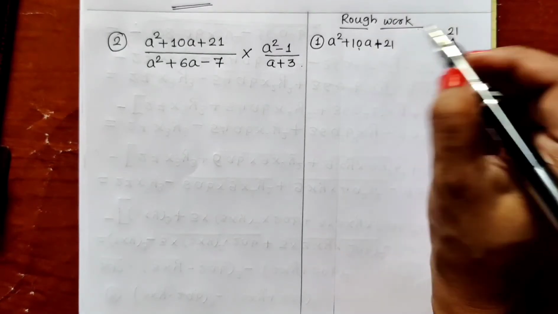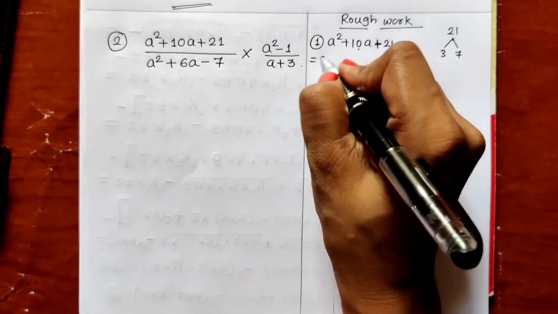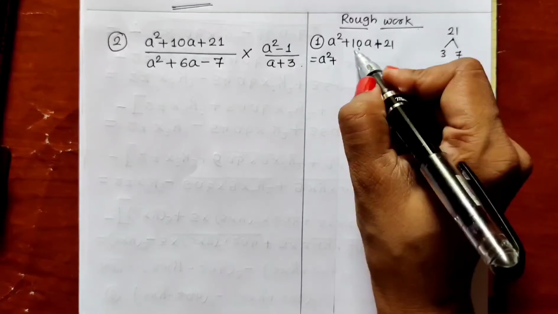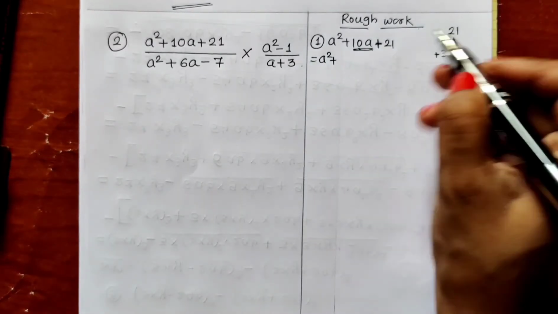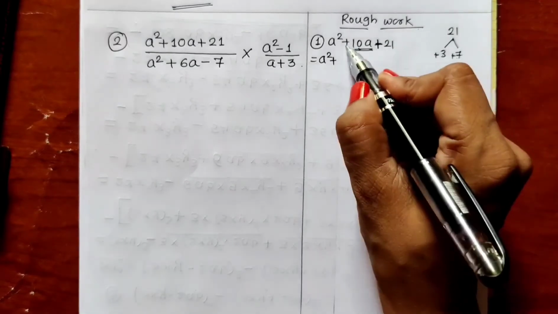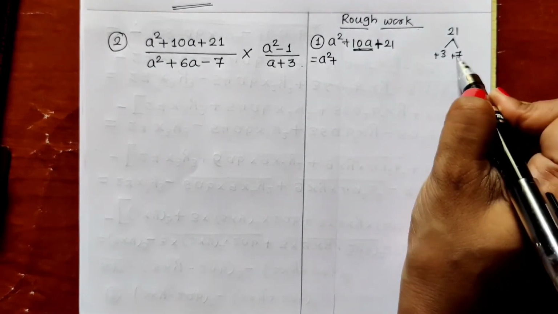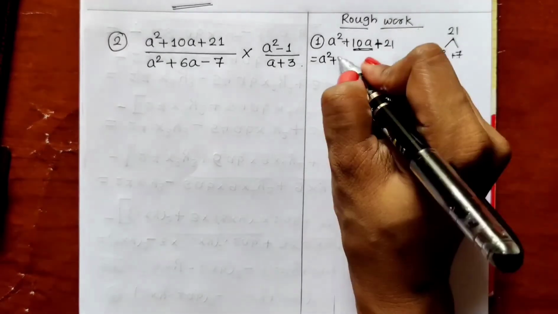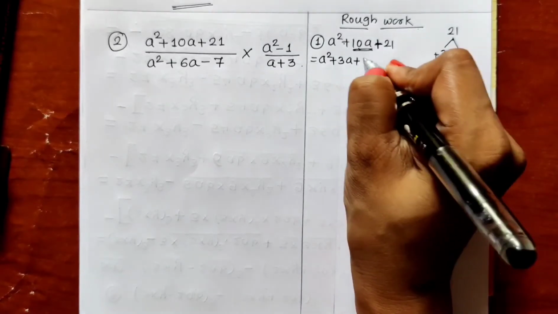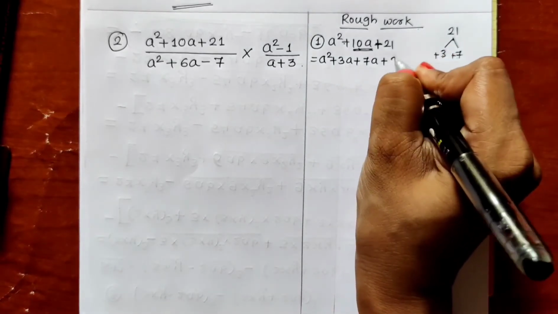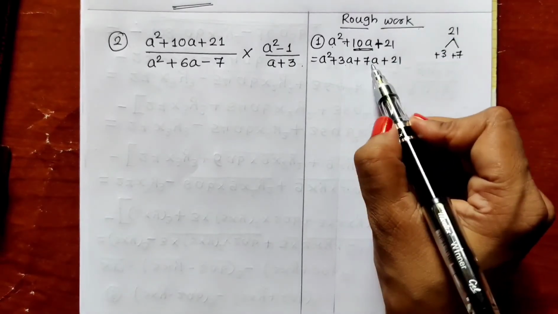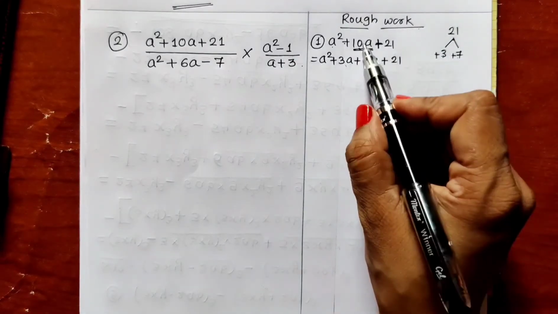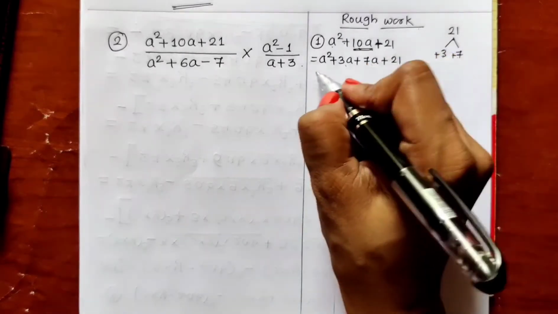So we will be splitting the middle term: a square plus, in place of 10a we will write plus 3a plus 7a, because the plus sign is there. So the middle sign should be given to both the factors 3 and 7. It can be written as a square plus 3a plus 7a plus 21, with the first and last terms written as they are. In place of the middle term we write these 2 terms, since 3a plus 7a is 10a. Now what we do,